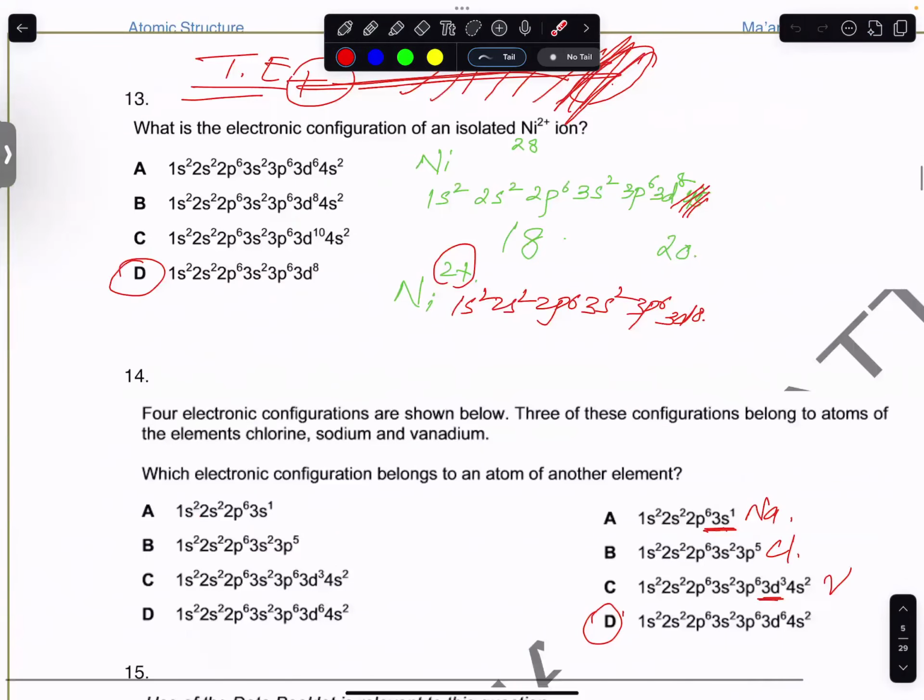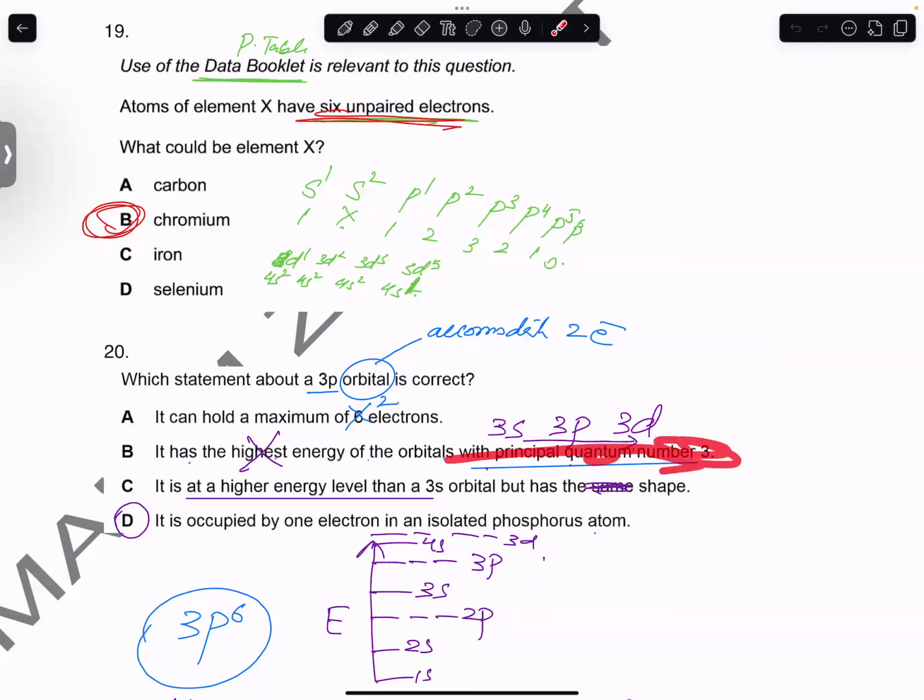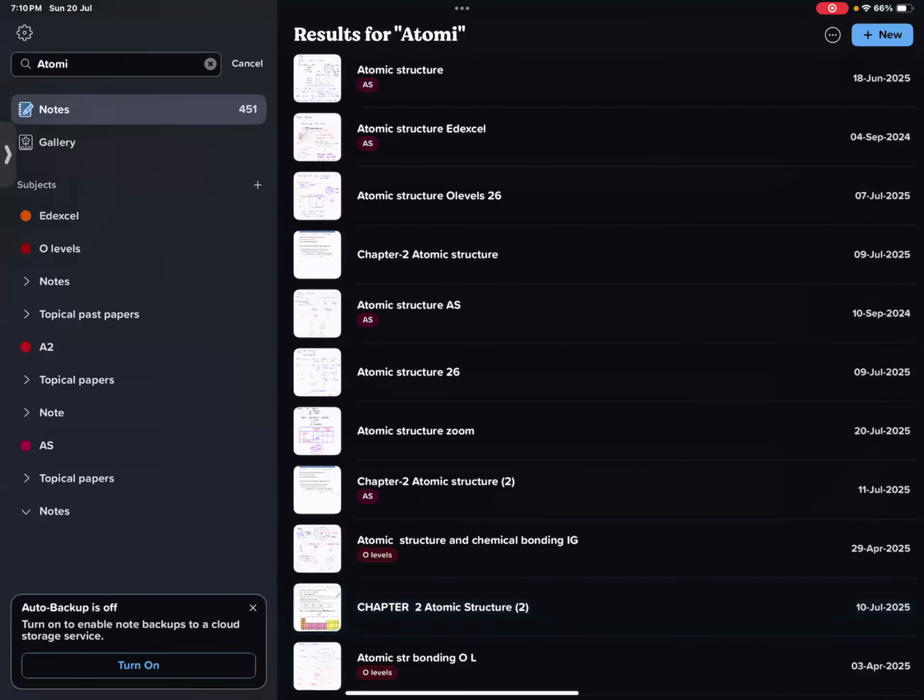Look. It has the highest energy of the orbital with the principal quantum number 3. So what is the meaning of this? In the third shell. Orbitals in the third shell. That's it. It's not just once. Which atom has its outermost electron in an orbital of the shape shown with the principal quantum number 3? What is the meaning of this? Third shell. That's it. Actually, in Cambridge,